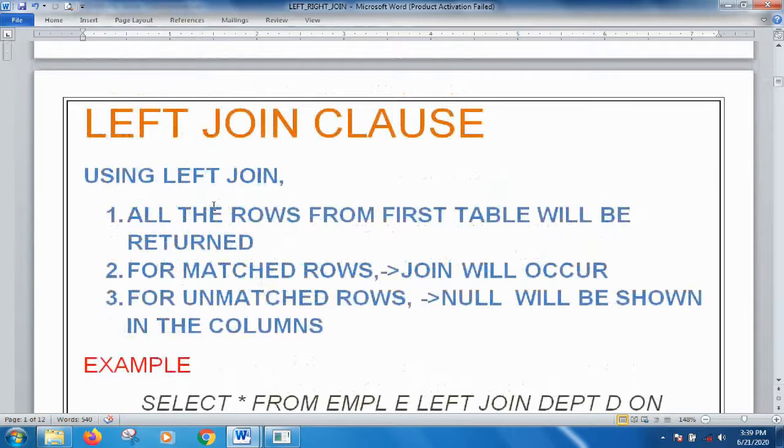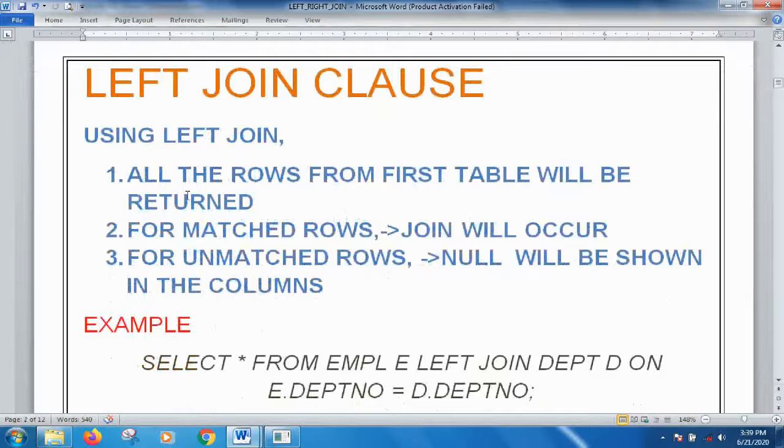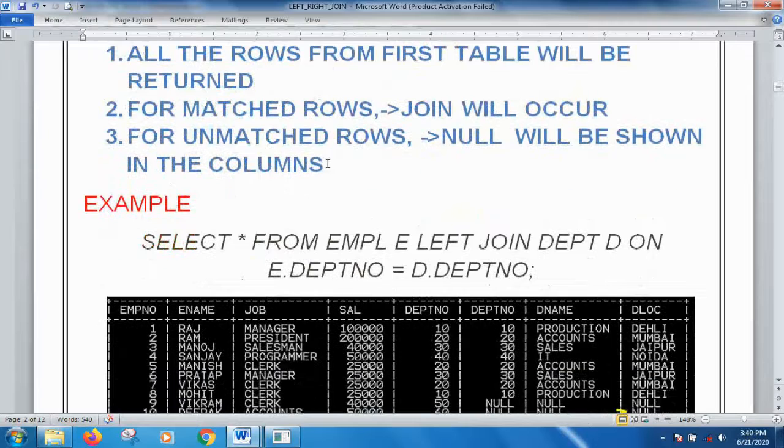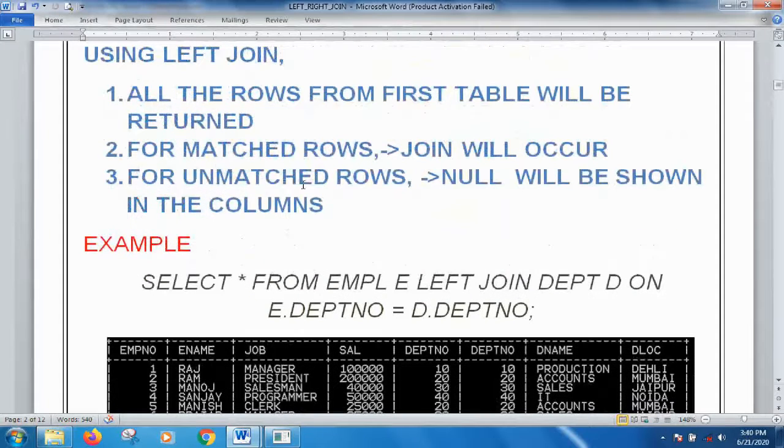When we do the left join, as the word left means the table on the left hand side, the table which is first in your join, it is the table whose records are all going to be displayed. All the rows of the table will be displayed. Then those rows which are matching will have a normal join, and for those rows which are not matching, you will see a null value in the column.